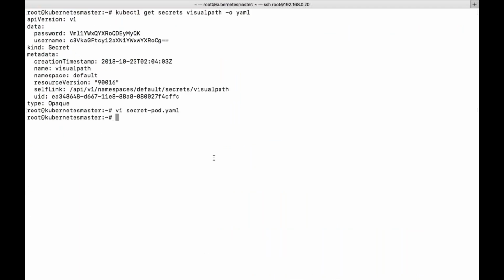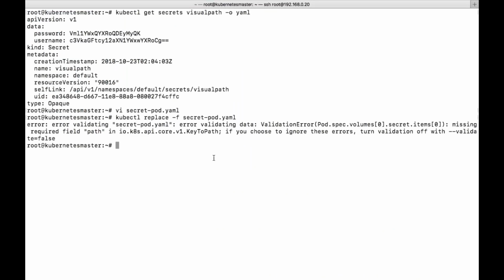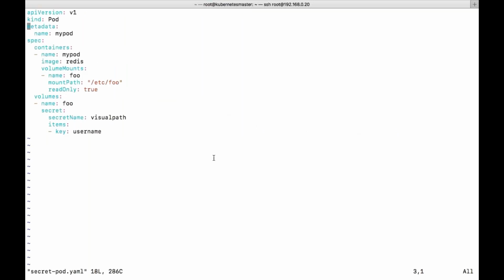So kubectl replace. Missing required field path.